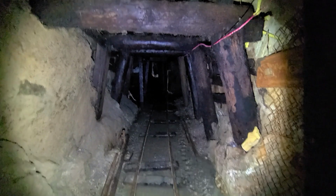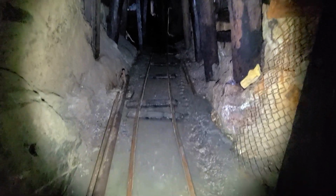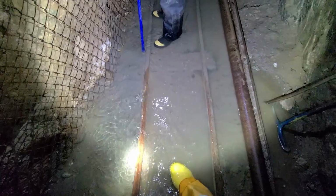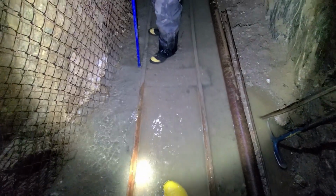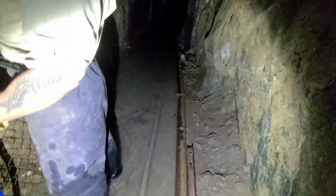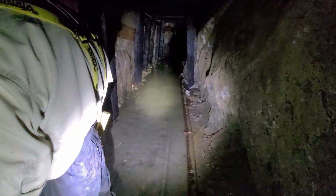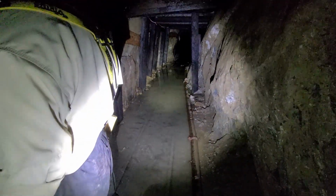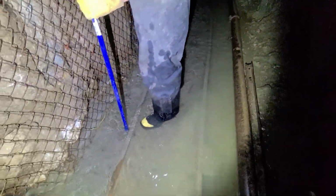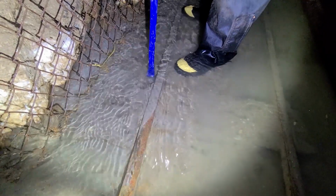All right, we're up by the 1600 today. And what are we up to today, you might ask? Well, we're doing track work. And the issue here is that these tracks are buried deeply in the mud. An example of it here, he's actually lifted that out a bit, so it was worse before. But if you look beyond, back that way, it's so deeply buried in the mud, it's impossible to get the ore car through it. So what we're doing is we're jamming that pry bar underneath the ties, lifting them up,